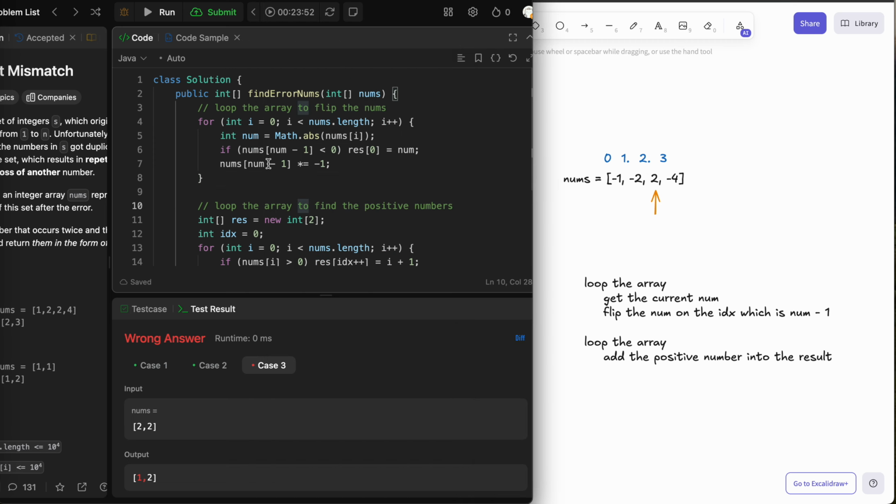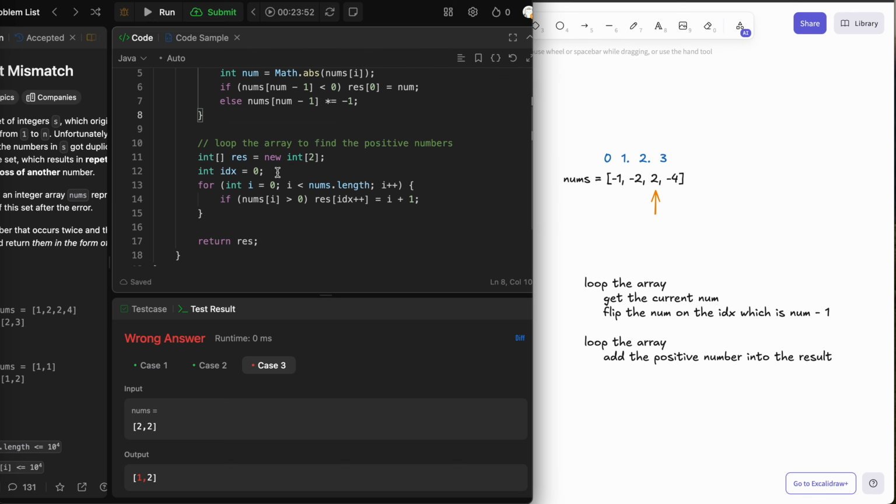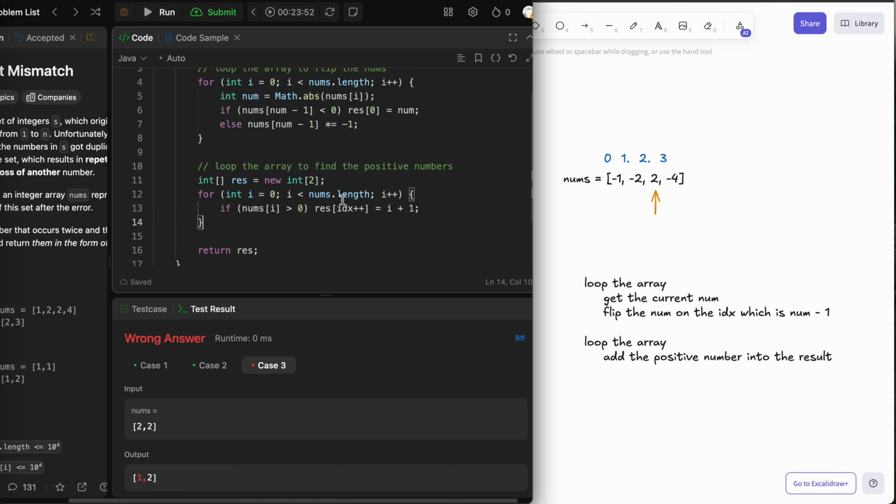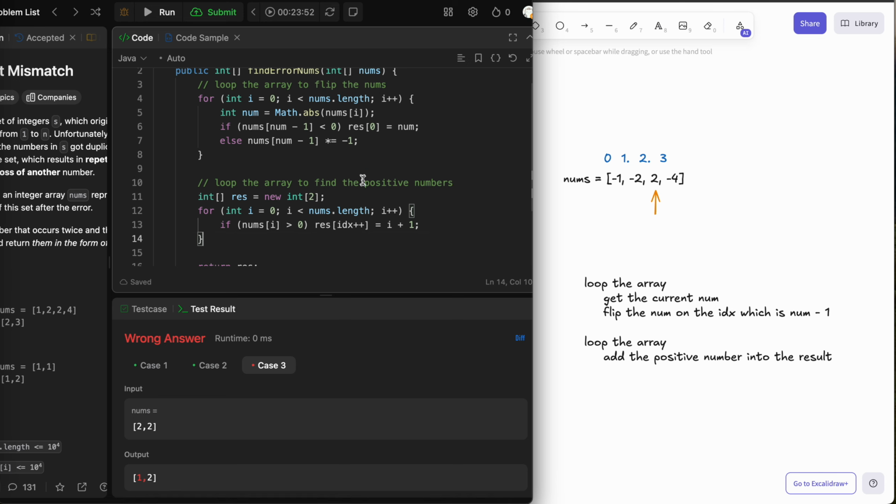So if it is not a negative number, we can flip it. But if it's already a negative number, we don't have to flip it. And here we don't have the index because we already add the duplicate number on the 0. Now we add the missing number on the second position,